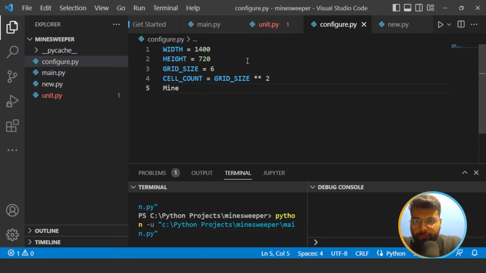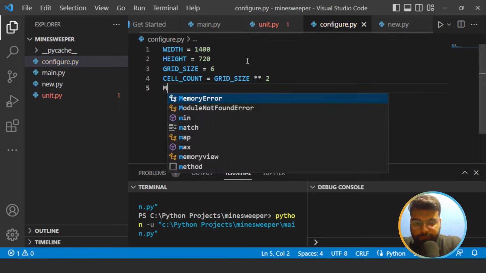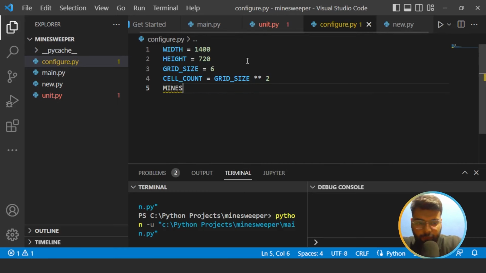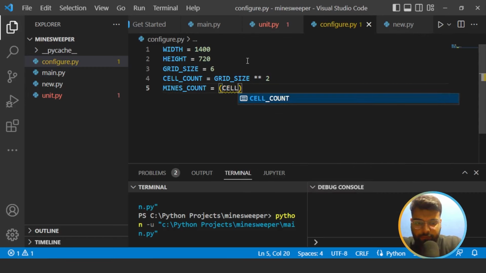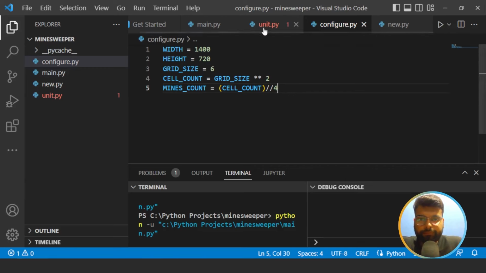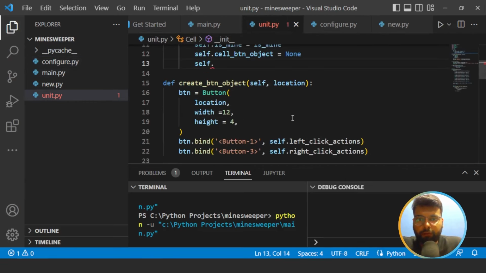and the mines count. What should be the mines count? It should be equal to cell count and the floor division, so that it should be an integer only, by 4. And moving to the unit.py file again, now we'll create the variables,